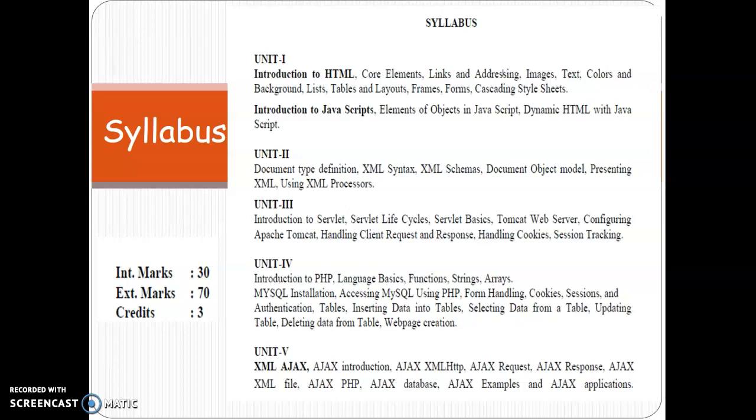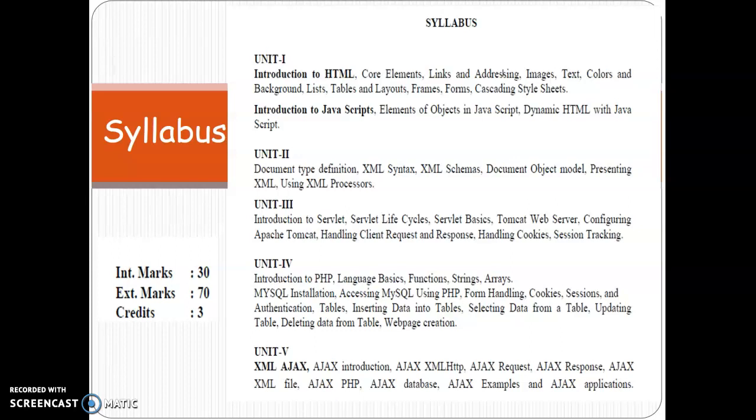Next one, PHP, Hypertext Preprocessor. It is also a server-side scripting language which is embedded in HTML. And then we go with Ajax. Ajax is a technique for creating fast and dynamic web pages. This is the overall syllabus in web technologies.